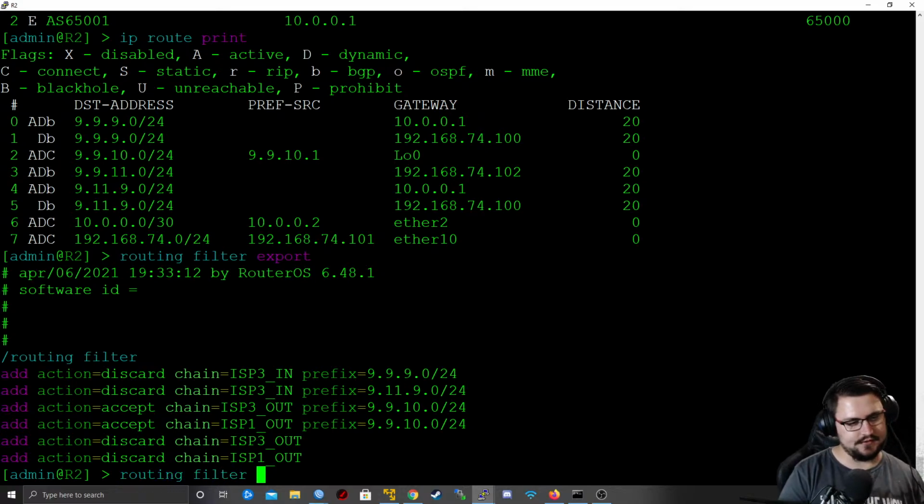So routing filter add chain ISP1 in, and let's just make it not a general thing. So let's say this is via the interconnect. So anything that's coming in via the interconnect, what we want to do is change some of the BGP attributes,